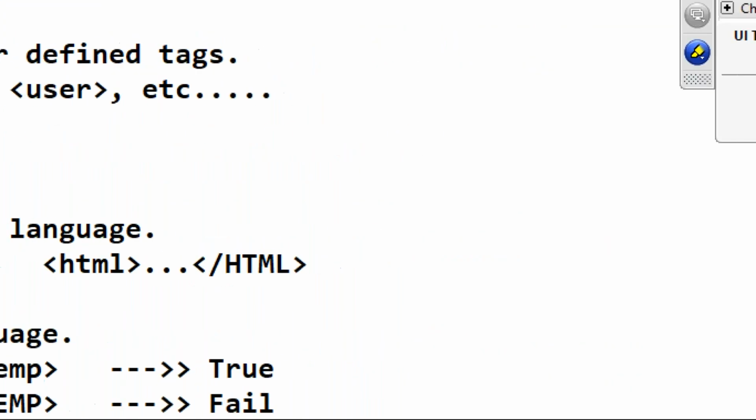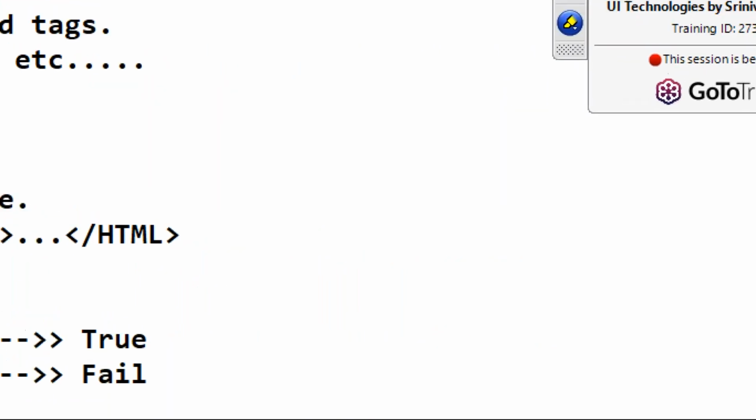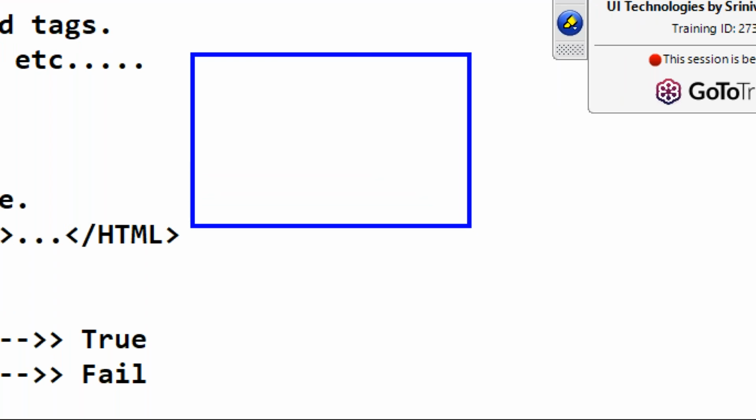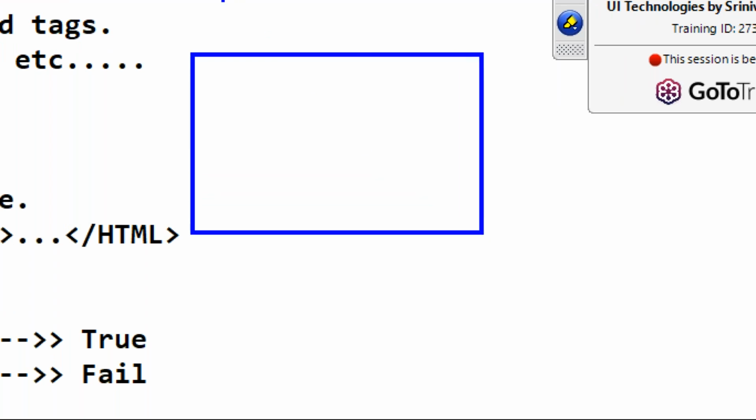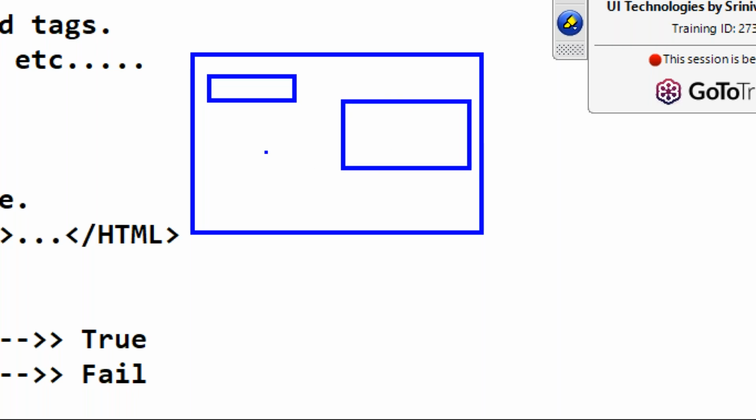For example, this is our website, and here you want to display something, here something else, and here again something, like different designs you are writing. Whatever you want to display on your site is displayed using HTML.